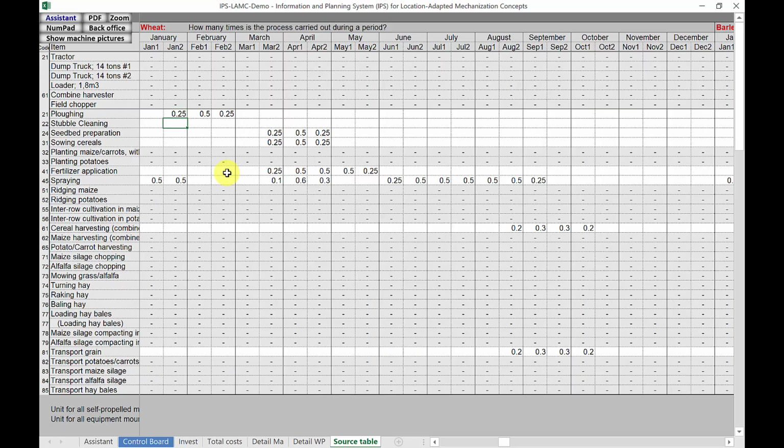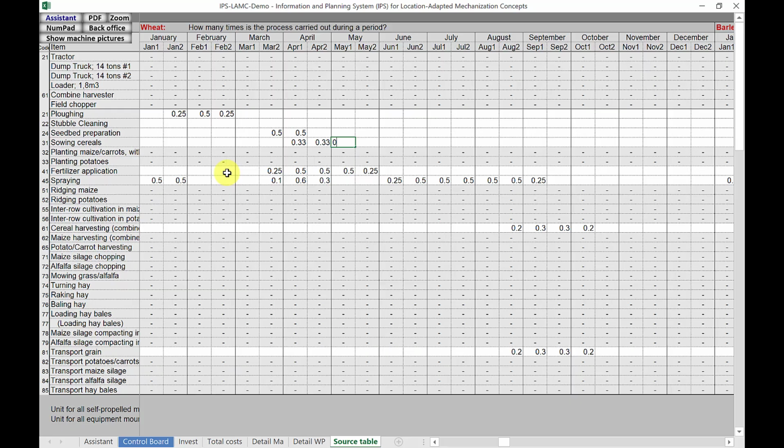So, for example, if the seedbed preparation would not look like this, which is again done over 3 periods. If you say no, it has to be done over 2 periods, and half in end of March and the other half in beginning of April, then it might look like this. Maybe for the sowing, if you say, well, I can do it over 3 half-month periods, but the share should always be the same, then it would look like this, 0.33,